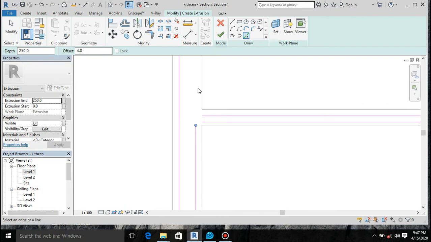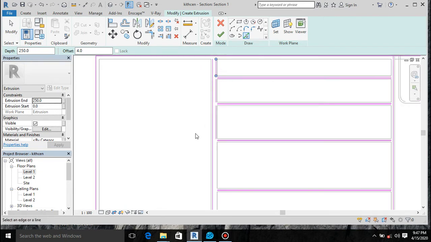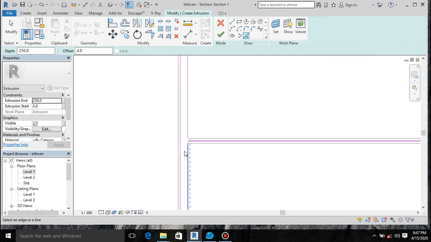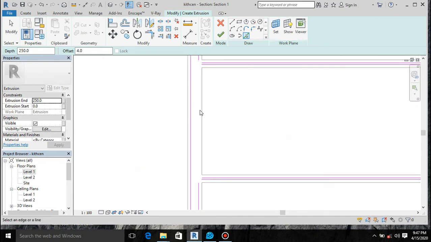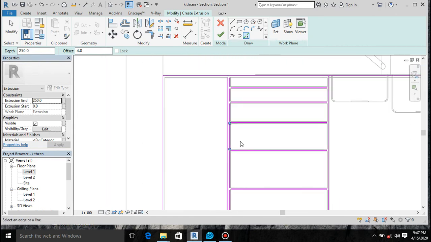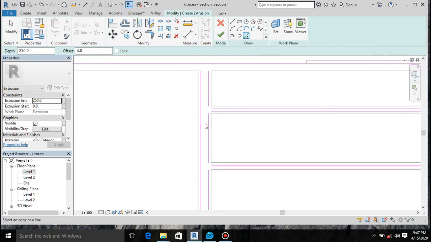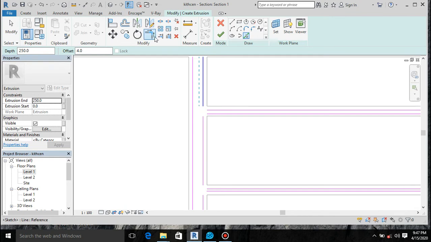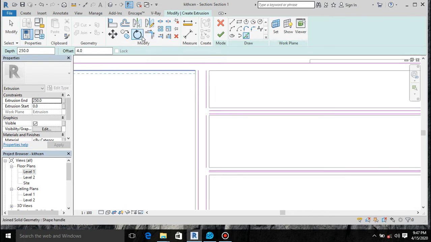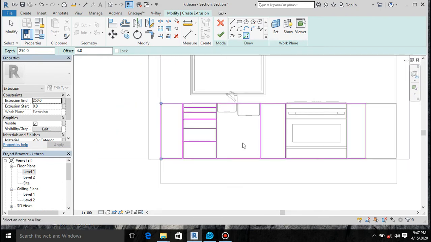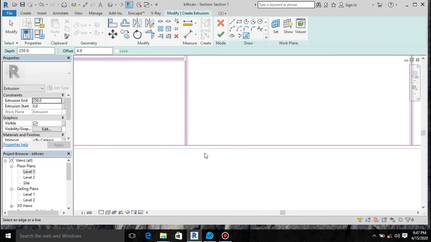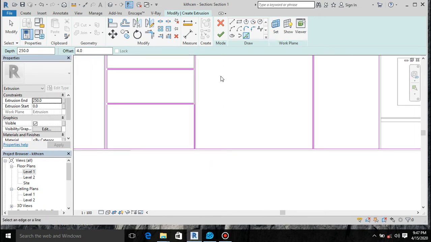I can't remember increasing the distance between this one. It's a bit too thick, but no problem. Let's ignore it for now. I'm going to reduce it backwards. Okay, and I think that's all. And here I want it to be to this place, and here leave it there, and then